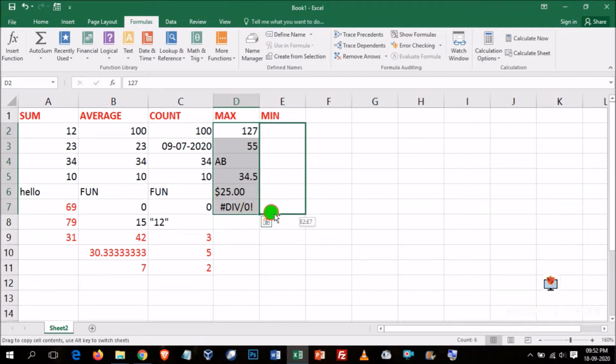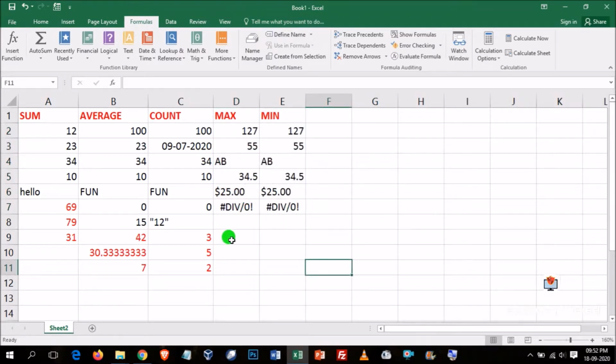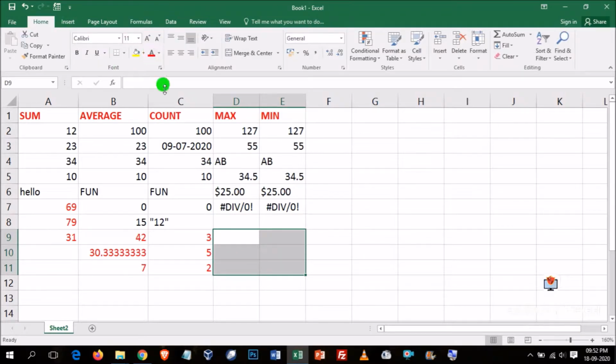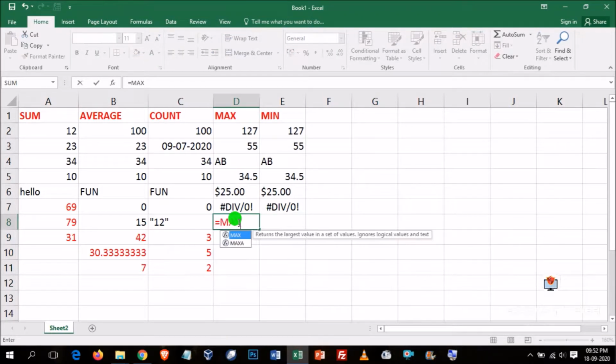The whole thing is going to be used here also, so I am just simply copying it. Now what I am going to do is write the functions here. For the functions I am going to write 4 functions, for each. Equals to max